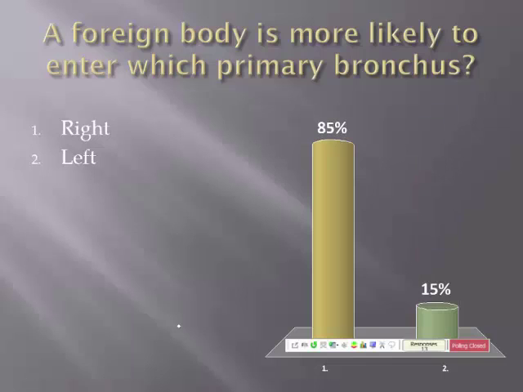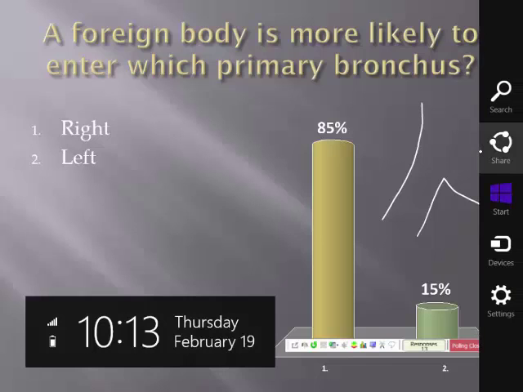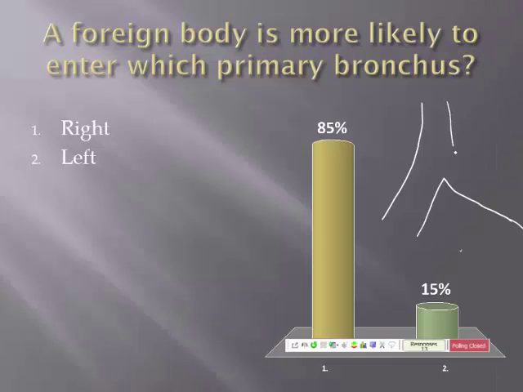Right, yes, because it is wider. So let's take it here. Wider, more in line with the trachea. So a peanut is likely to take the path of least resistance, right? It'll come down there. I don't know if you read many years ago, maybe a year or so ago, there